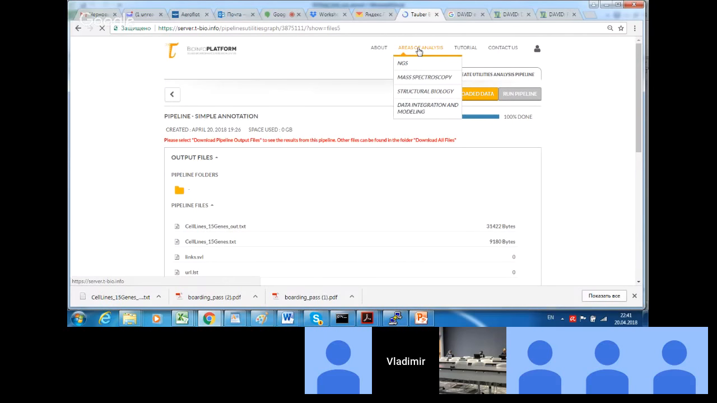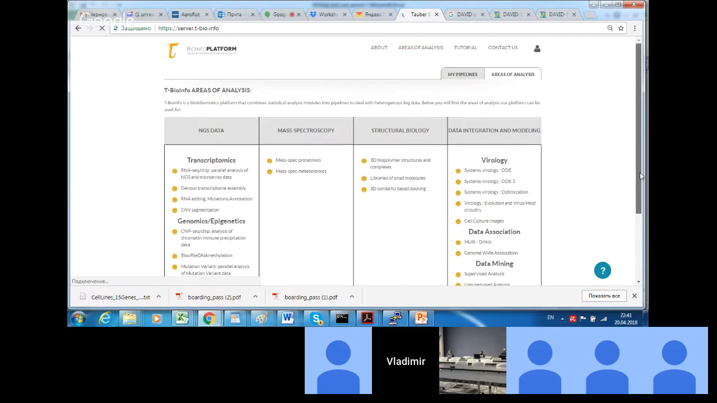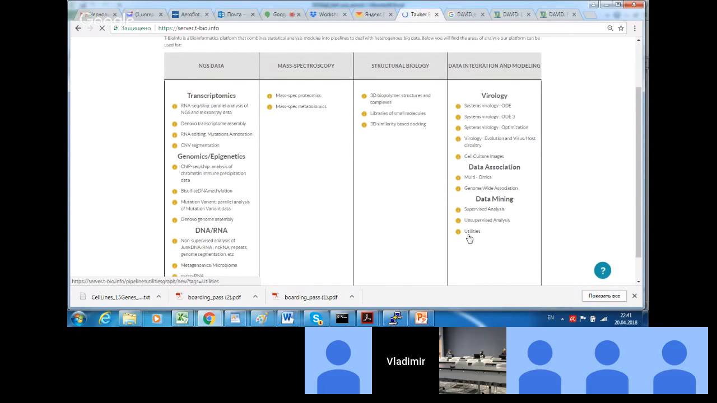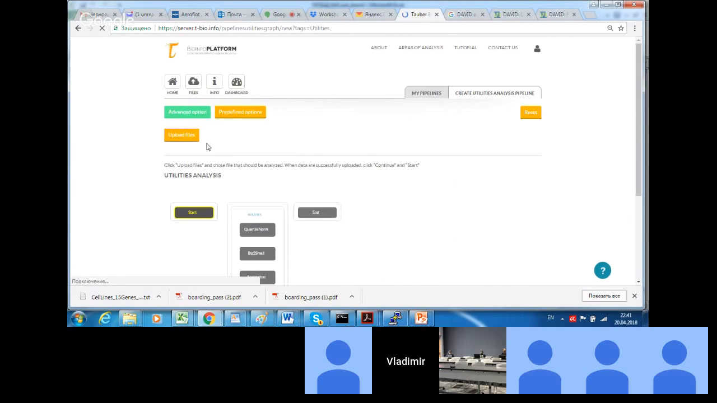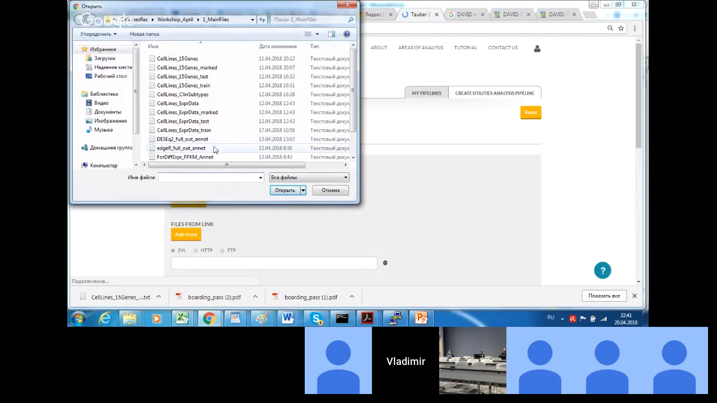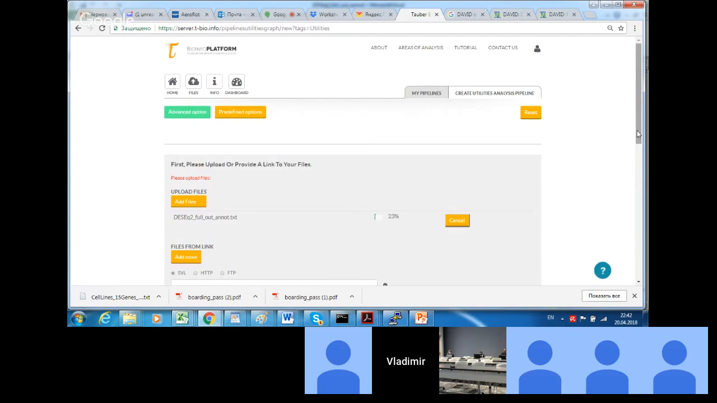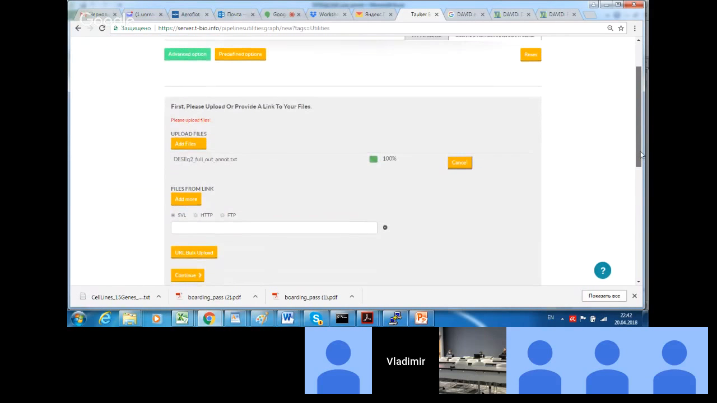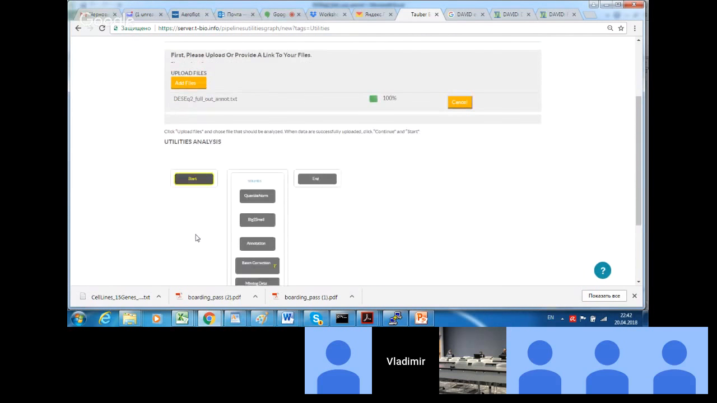we have. In order to create a pipeline which performs these analyses, we also need to go to the utilities section and upload an input file. In our case, for example, if we're dealing with DESeq2 differential expression analysis, the DESeq2 full out annotation file. So it may take some time for the uploading. We go on, we start our pipeline,